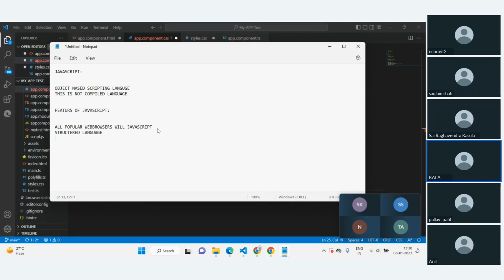Like in JavaScript, it supports most of the popular operating systems, including Windows, Linux, Mac, etc. And it also provides good control to the users over